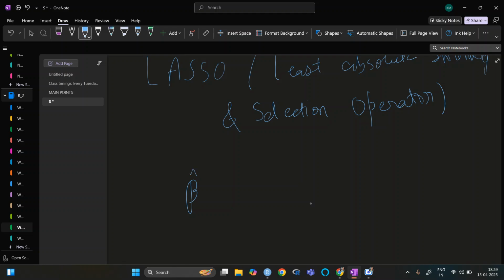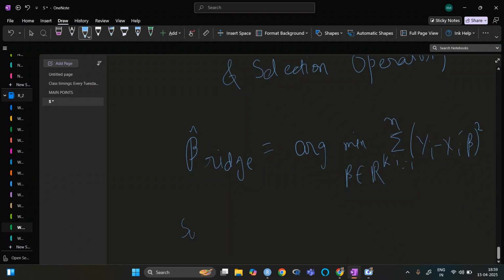So basically we have beta cap ridge, and this is the argument of minimum, beta belongs to R^k, and then summation of (yi minus xi beta) square, i equal to 1 up to n. Okay, and this is subject to,